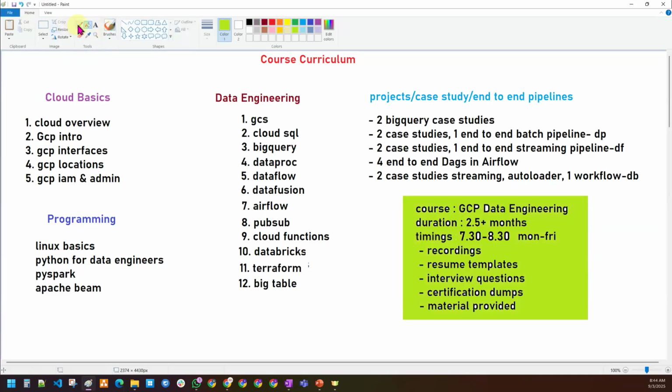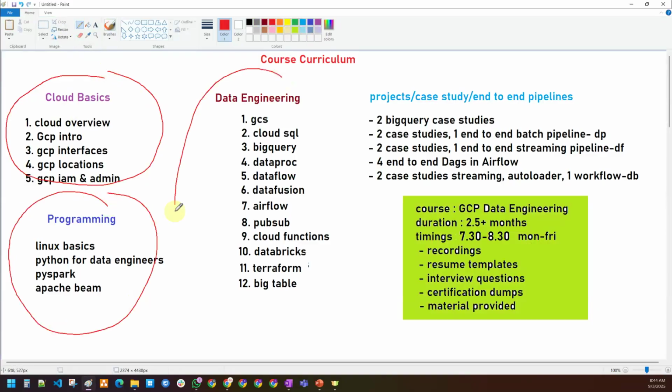So you can see here, guys. First, we are covering the cloud basics. Then we go to the programming. Then we go to the data engineering tools. See all the things: GCS, Cloud SQL, BigQuery, Dataproc, Dataflow, Data Fusion, Airflow, PubSub, Cloud Function, Databricks, and Terraform. Bigtable